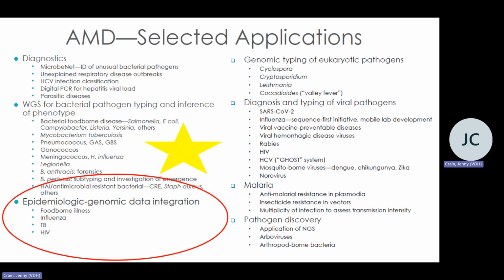This next slide I borrowed from the CDC Office of Advanced Molecular Detection. While there are a lot of things on this slide, I like how it gives an overview of many different applications of sequencing. If you focus on the bottom left-hand corner where this red circle is, this highlights the primary focus for state public health labs up until the SARS-CoV-2 pandemic. The yellow star now focuses your eyes on where state public health labs are building capacity to do more. In the state of Virginia, we are working on increasing our ability to do bacterial pathogen typing of some of these pathogens that are listed here.